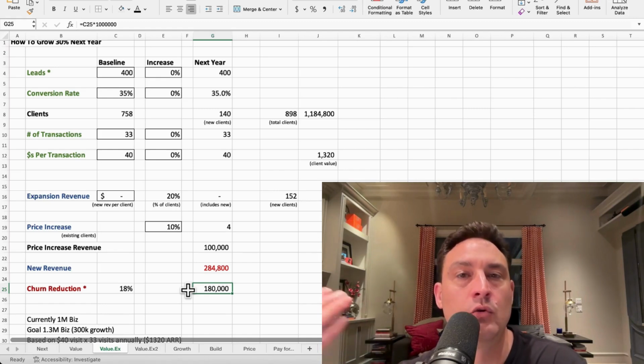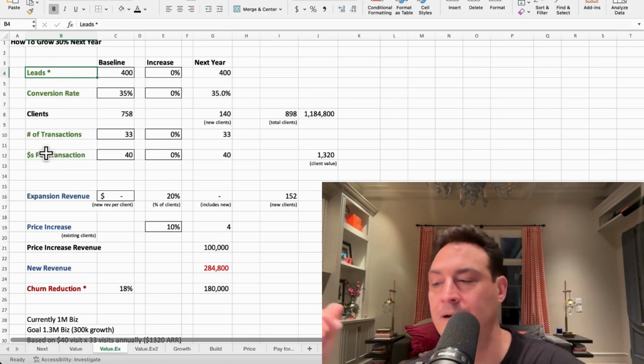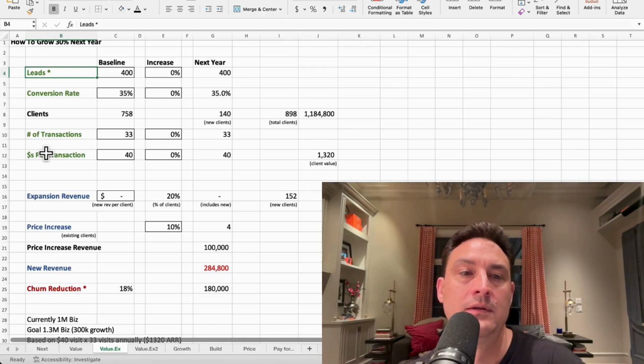So as you think about your growth for next year, don't just think about sales and marketing. Think about all the other levers you can pull in your business, and how can you get a little from each? A little from leads, a little from conversion, a little from price increase to new clients. And that's how you get the growth year after year. And it's way easier. It's way more scalable. It's way easier to manage. It's way easier to